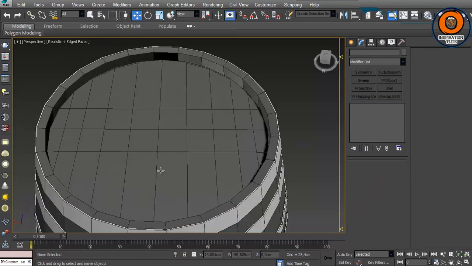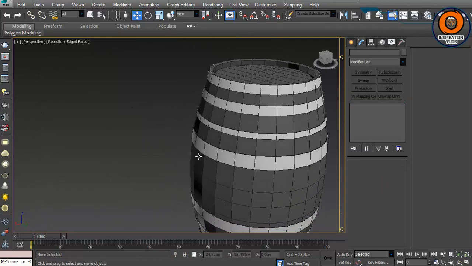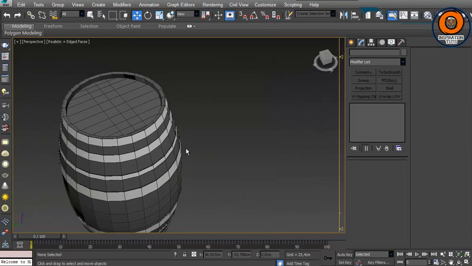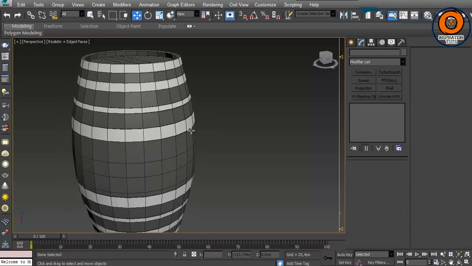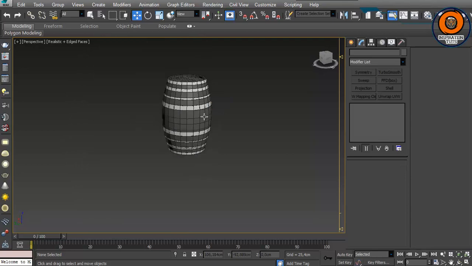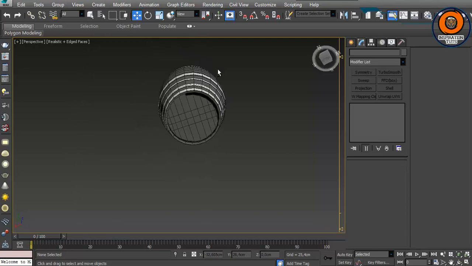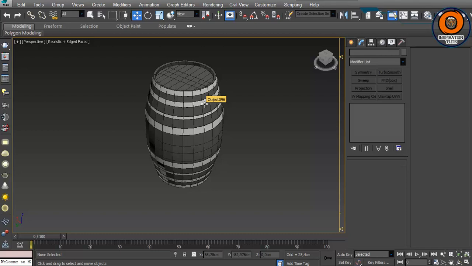So here we are after we removed all the supporting edges, and you might be asking yourself, why do we have to go backwards and remove all of the work we have done? Actually, the version that we created previously, which includes supporting edges, we call the high poly, which we're going to use in order to bake the details of it on top of the low poly. Even though this is not extremely necessary, since the details that the high poly contains are not that significant,